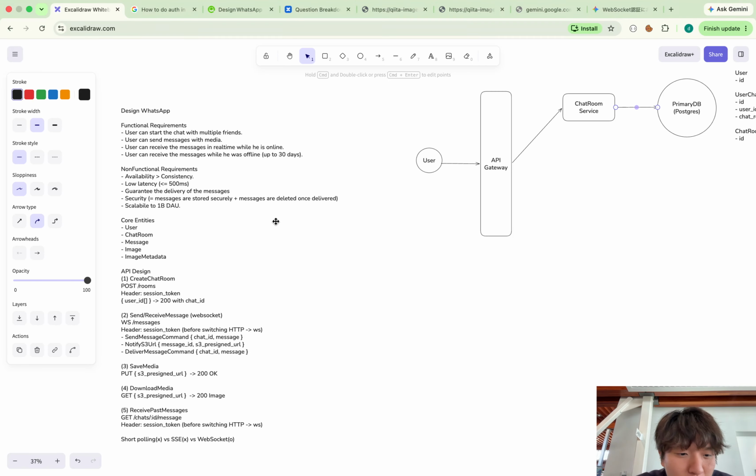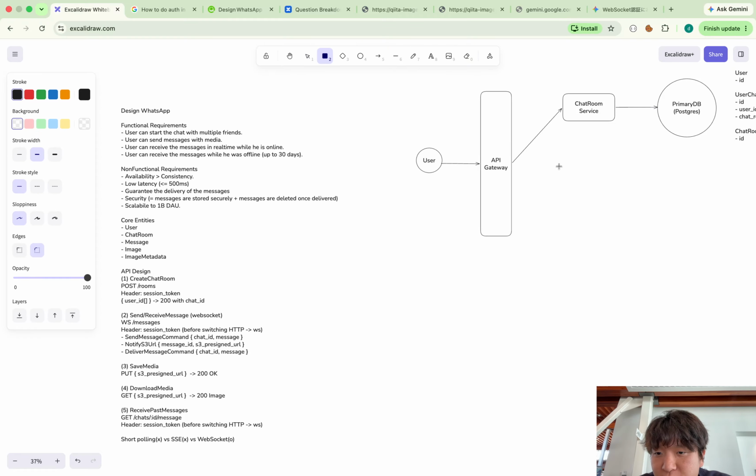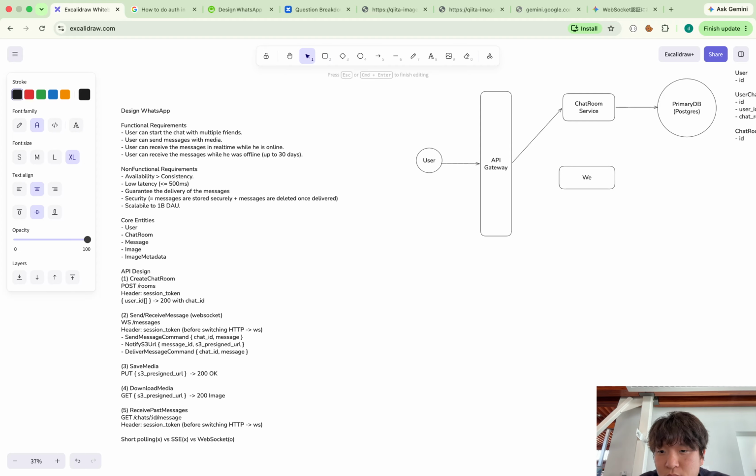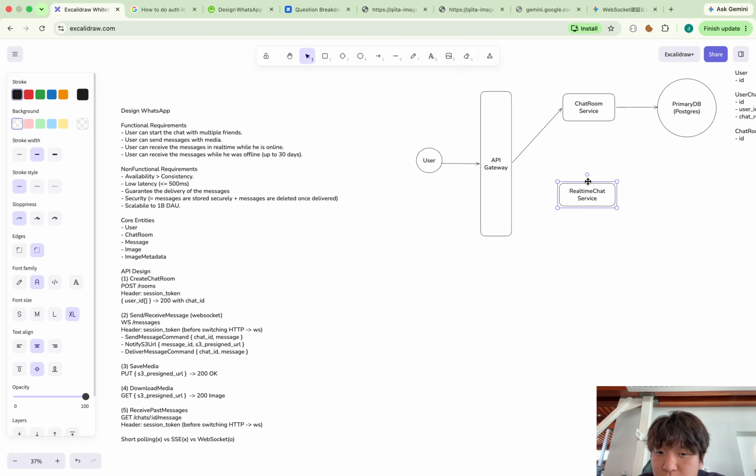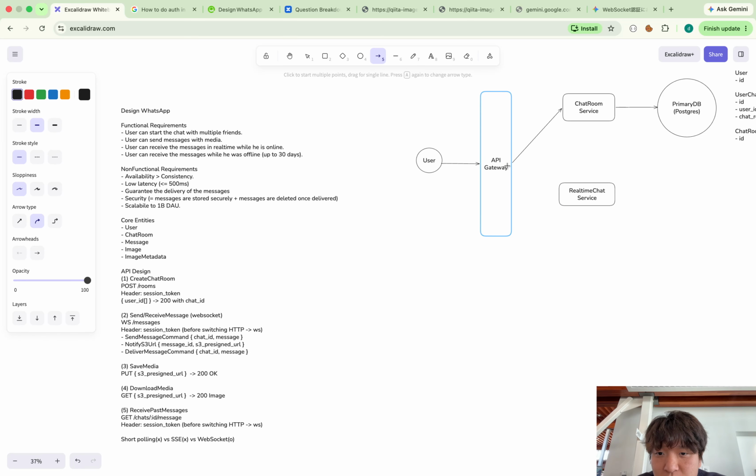Okay, so now we'll talk about the second API, WebSocket. As I said, I will need a specific service for this. For this one, we need the user to send the message.